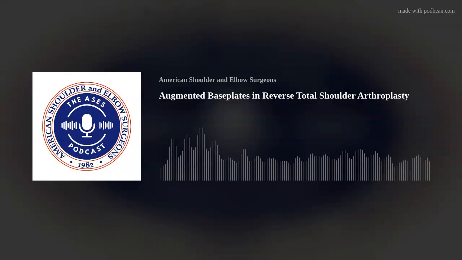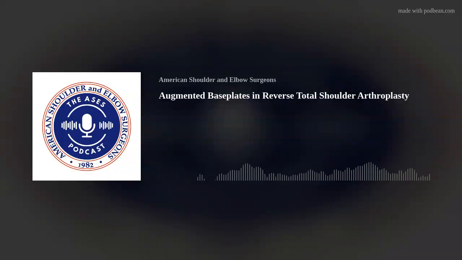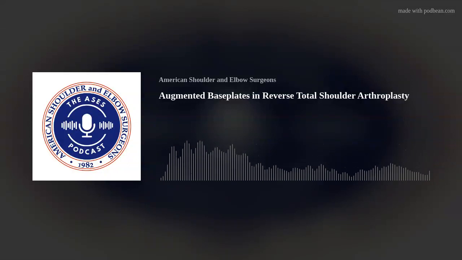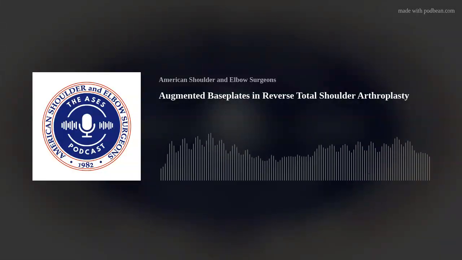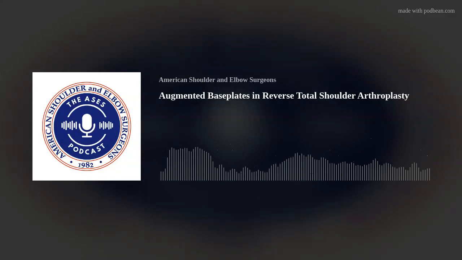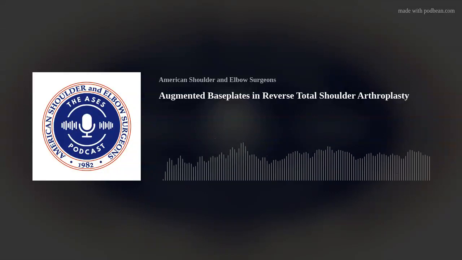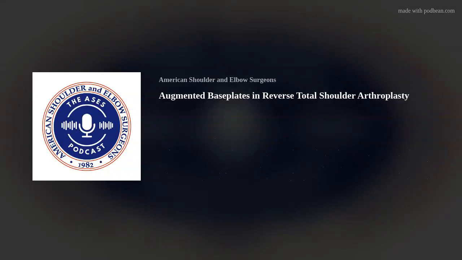These patients have really soft bone because they haven't seen a lot of force, and so I won't ream as much. I'll try and get with my base plate 50-60% coverage. Fixation is key. So that's how I'd approach that. I do go a little bit bigger to try and minimize instability. I try not to go so tight to minimize stress fractures, but that's sort of a simple overview.